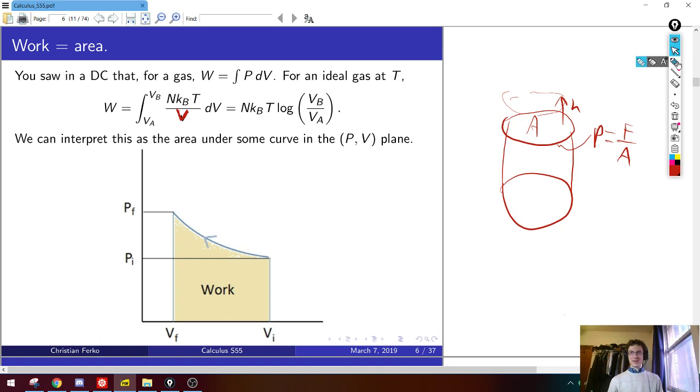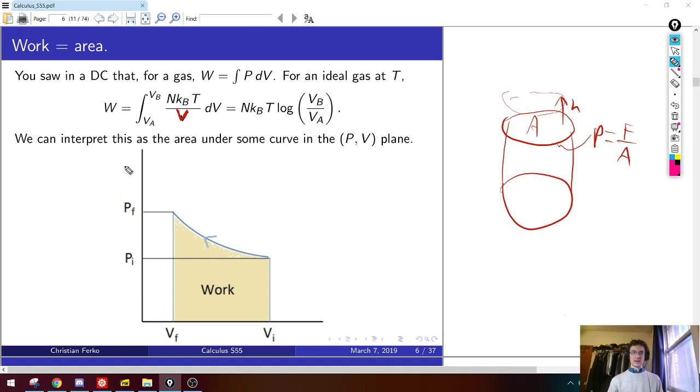But okay, good. So when we first introduced integrals, the idea was that they're supposed to be computing areas under curves. And now we're starting to use integrals in ways that don't immediately seem obviously related to areas under curves, because this thing just looks like some work integral, a force over a distance, or a pressure dV. But today we're going to reverse the process and say, okay, now that we've used this scientific application where the integral is computing some work, can we go back and think of this graphically, which will be helpful when we do the Carnot engine, as the area under a curve in the pressure volume plane.